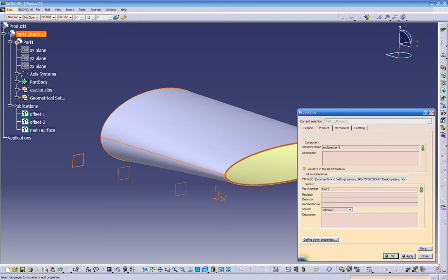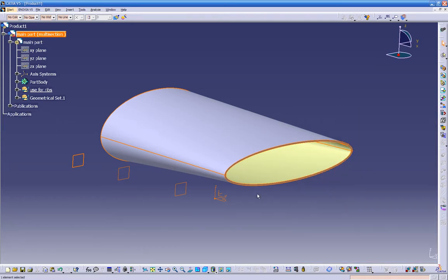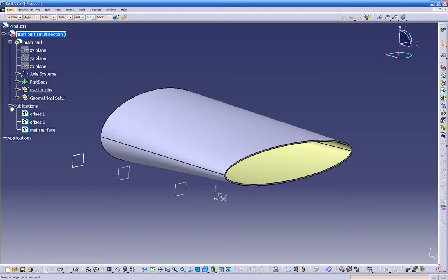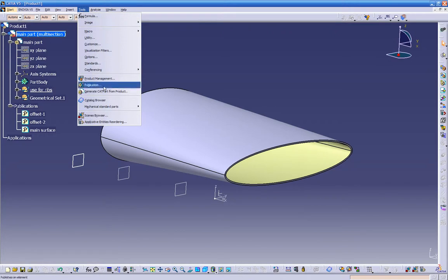Let's put over here main part. So this is our main part right here. We got the publications. I just want to make sure before we move any further that we go to tools